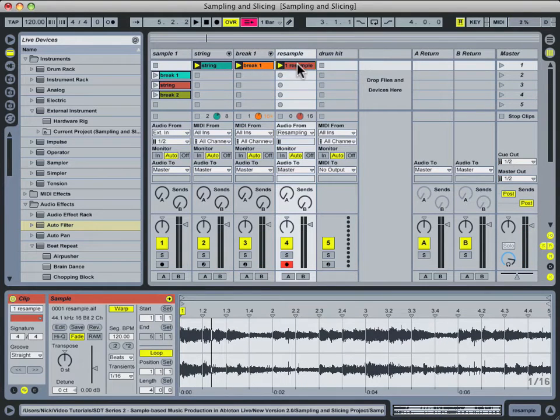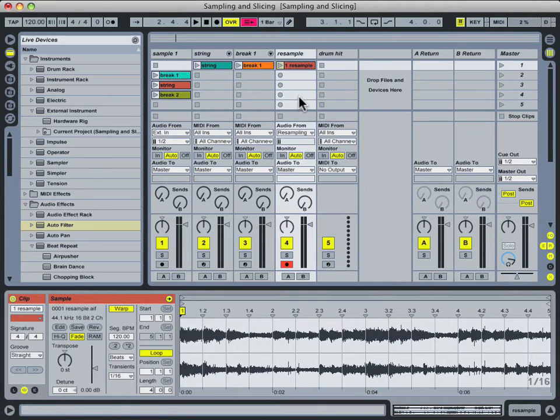And as you can see, when I hit the play button right here, it stopped recording and automatically started playing the loop as it was recorded over again. So I'll hit this stop all clips button down here, and that just stops everything from playing back. And I'll play back our resampled clip. Sounds good. And now we have everything that came out of the master output as a new resampled clip here